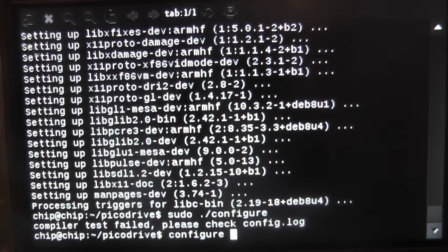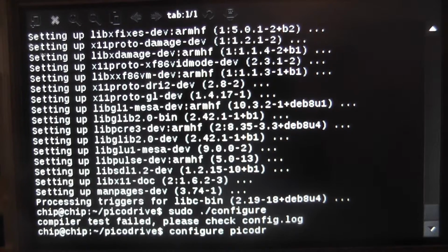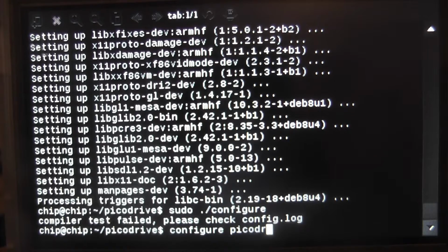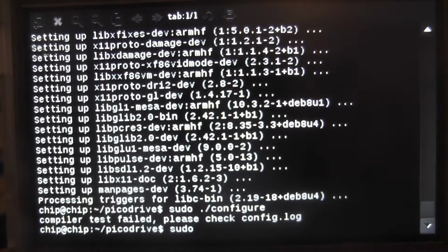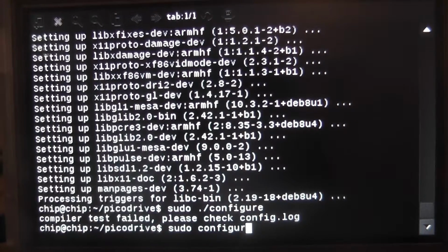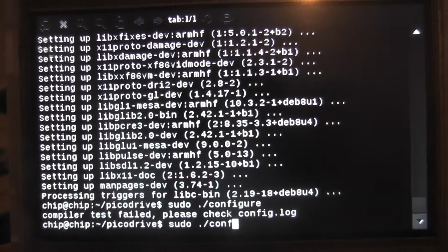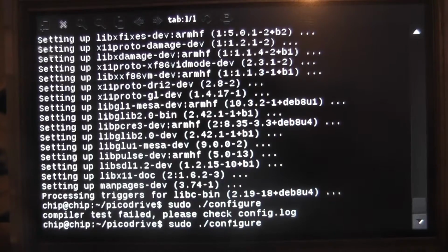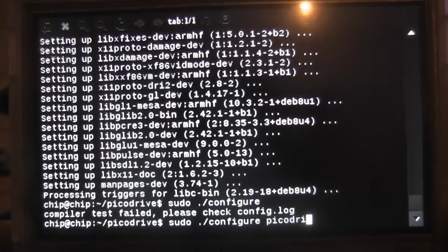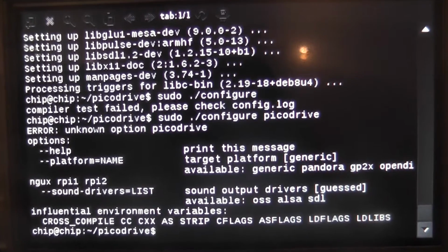So configure, and then we'll put in PicoDrive. So we need sudo for that. So we'll go to sudo configure, and I'm doing that wrong. So ./configure, and then we can put in, let's put in PicoDrive and see what happens. And we should end up with something like that. So that means we've done